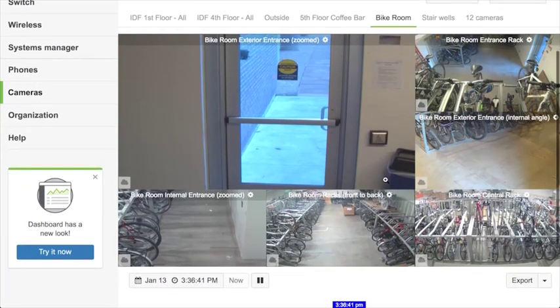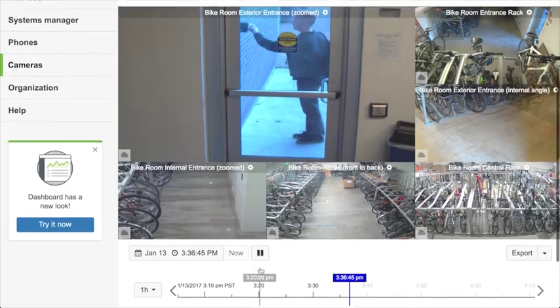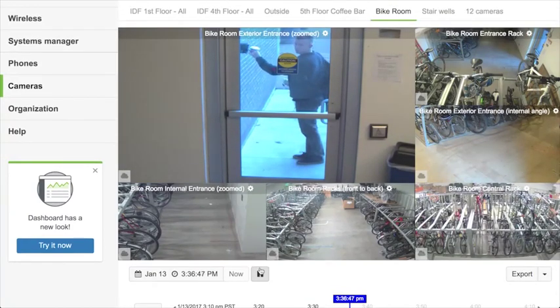Now, what's really cool is the timeline and everything works. Oh, we've got someone coming in here. Works the same way. So when people come in,